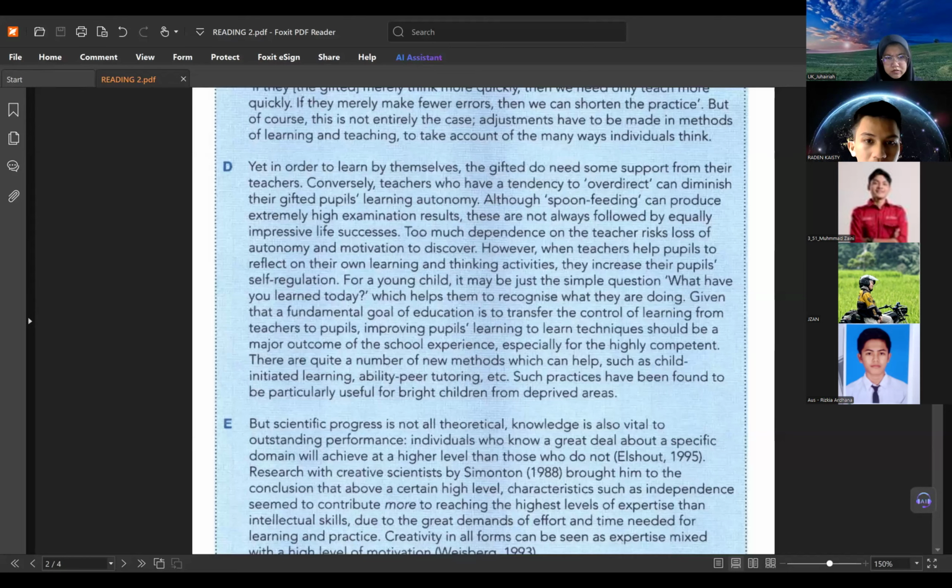Methods. Methods, Mr. Last paragraph. Very good. Methods which can help, such as child-initiated learning, ability peer tutoring, etc. So these are the techniques. Methods, remember, is the paraphrase of techniques. And it is especially useful, khususnya berguna khususnya untuk anak-anak dari area-area yang tidak diuntungkan, area-area terbelakang. And that is the paraphrase of